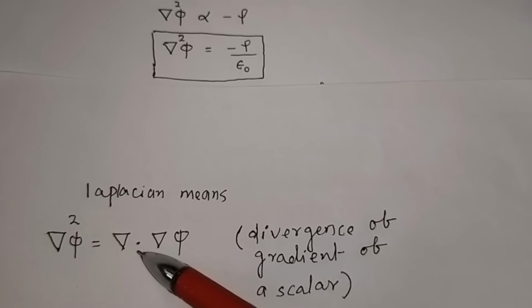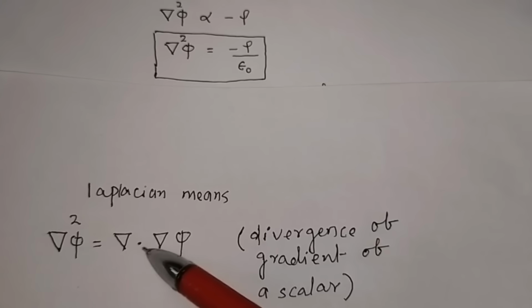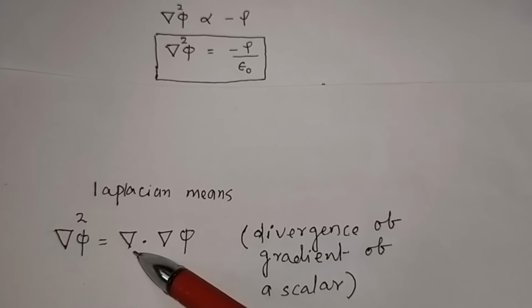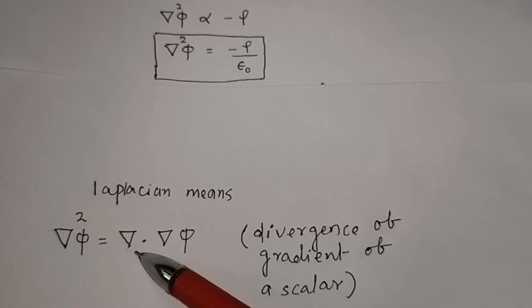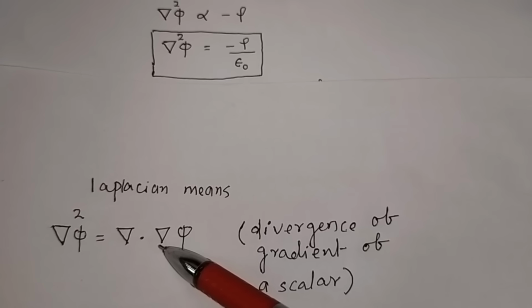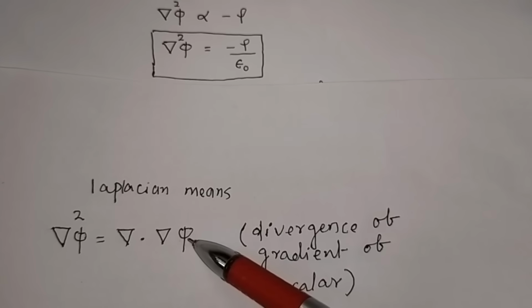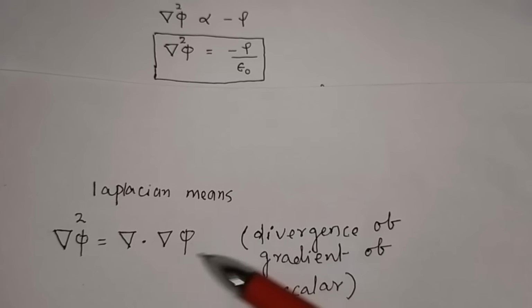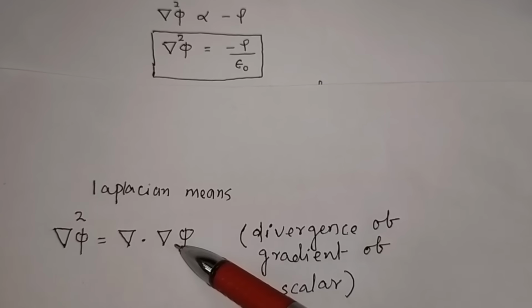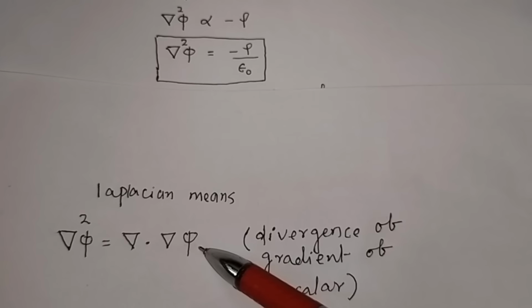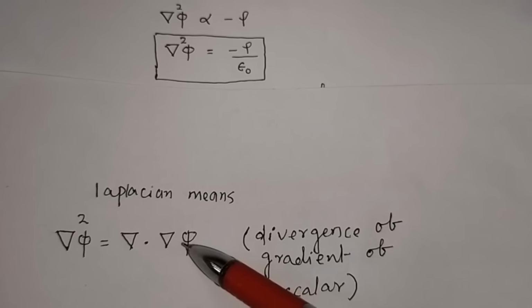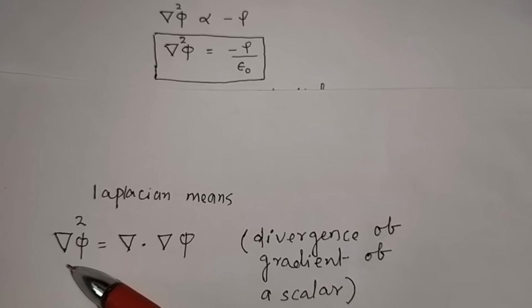And if you take the divergence of this vector, del dot of the vector, that will be called your divergence. Del dot of the gradient of the electric potential, which is a scalar quantity, is called your divergence. And the divergence of the gradient of a scalar, here the electric potential, is called the Laplacian